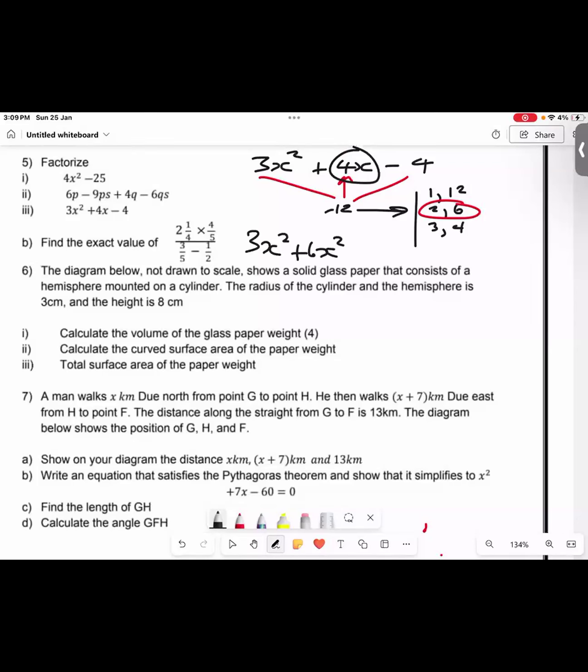Sorry, plus 6x. Pardon me, take out the square. Plus 6x minus 2x. And keep the last guy in the game, minus 4. So that last guy is in the game. Right? So basically what we do here is that we keep this guy in the game, and we keep this guy in the game, but that middle guy right here is replaced by the factors that I chose over here.